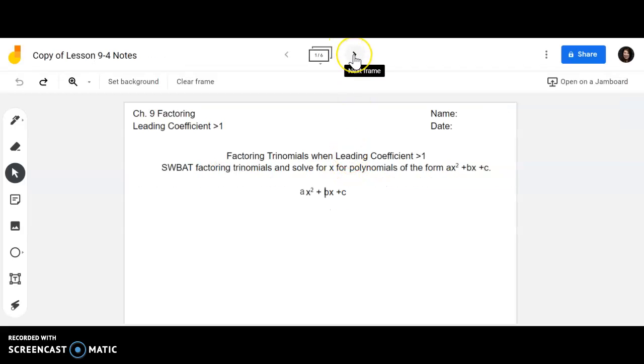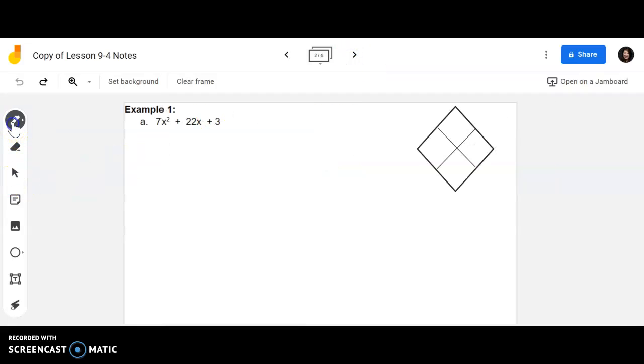Hi everyone, this is Ms. Brubeck, and I'm going to be recording notes on how to factor trinomials when the leading coefficient is greater than 1. So we learned last week how to factor trinomials that looked like this, when we didn't have a number like this 7 in front,